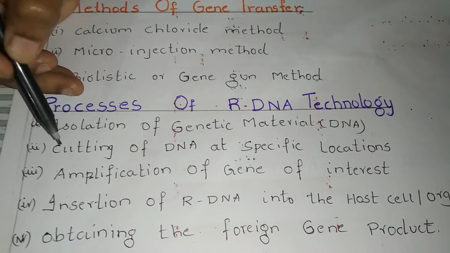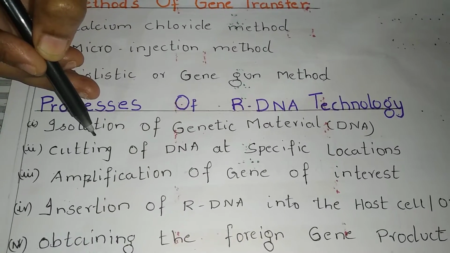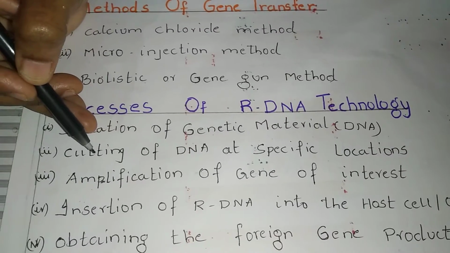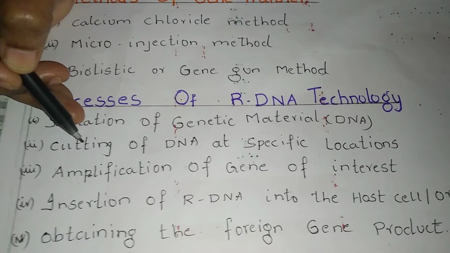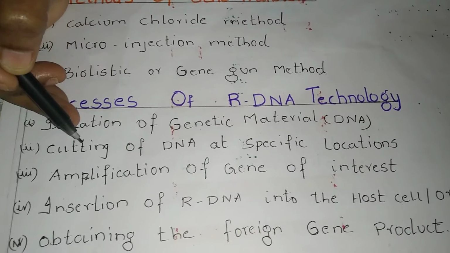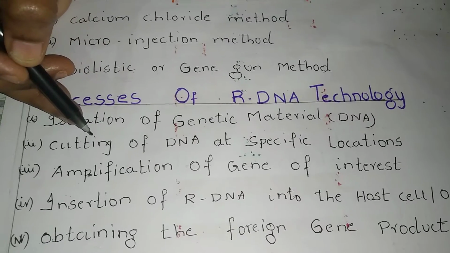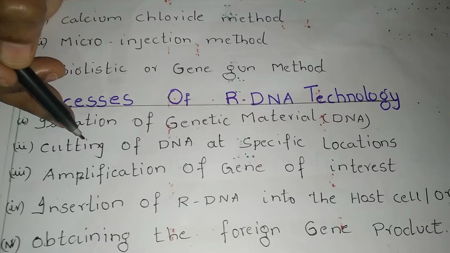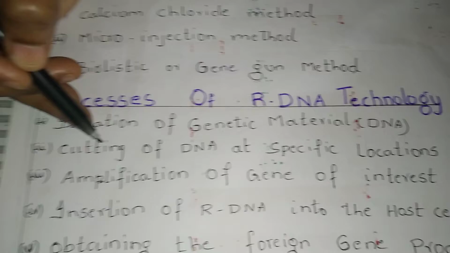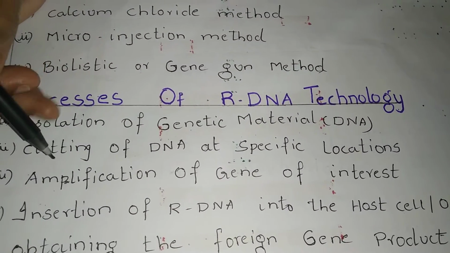So now this DNA fragment, which has the desired gene, is put into a vector. And this vector is also cut by the same restriction enzyme which is useful for cutting the DNA. So the same restriction enzyme should be used for host DNA, source DNA, as well as the vector. And now this DNA, which has the gene of interest, is inserted into the vector. As a result, it results in the preparation of rDNA.